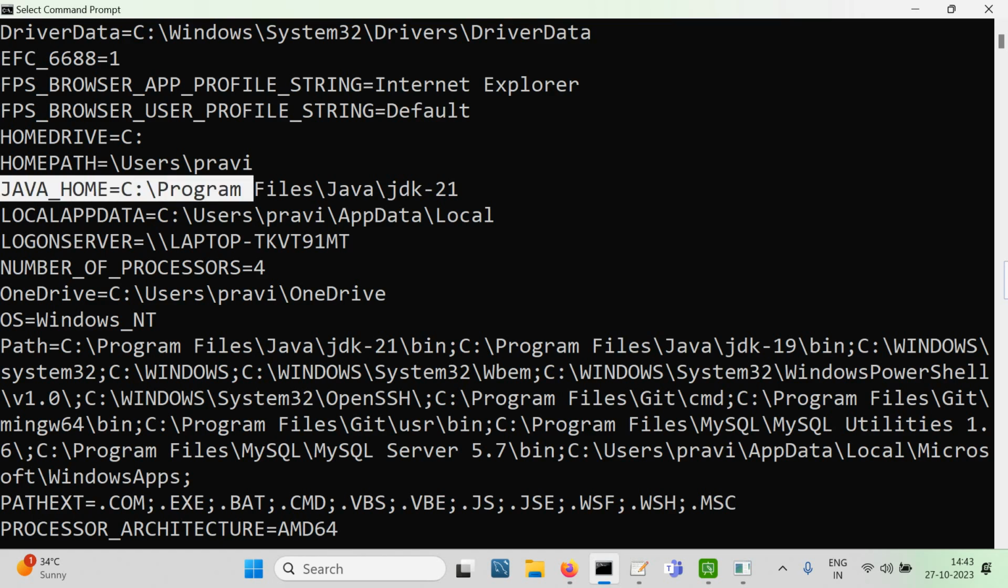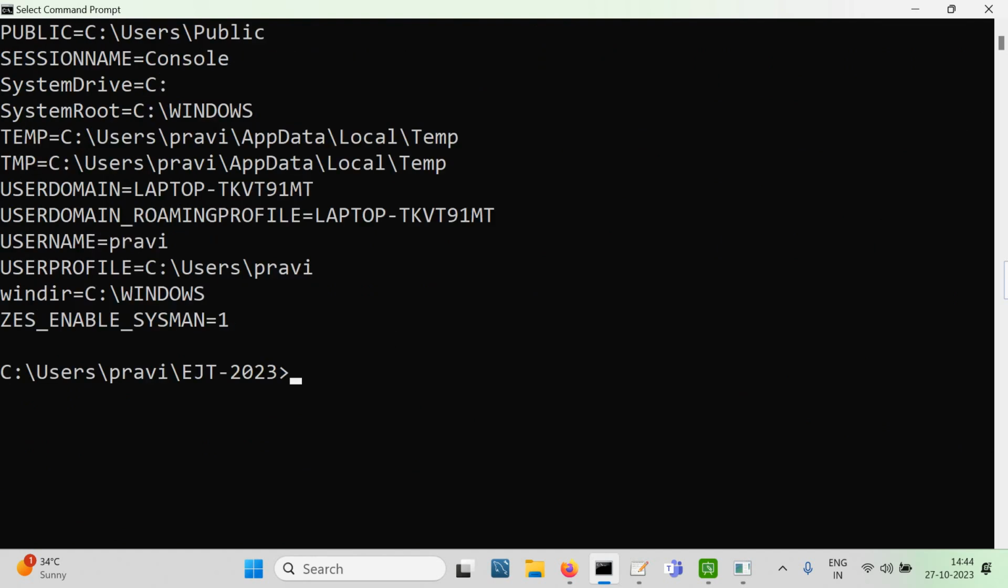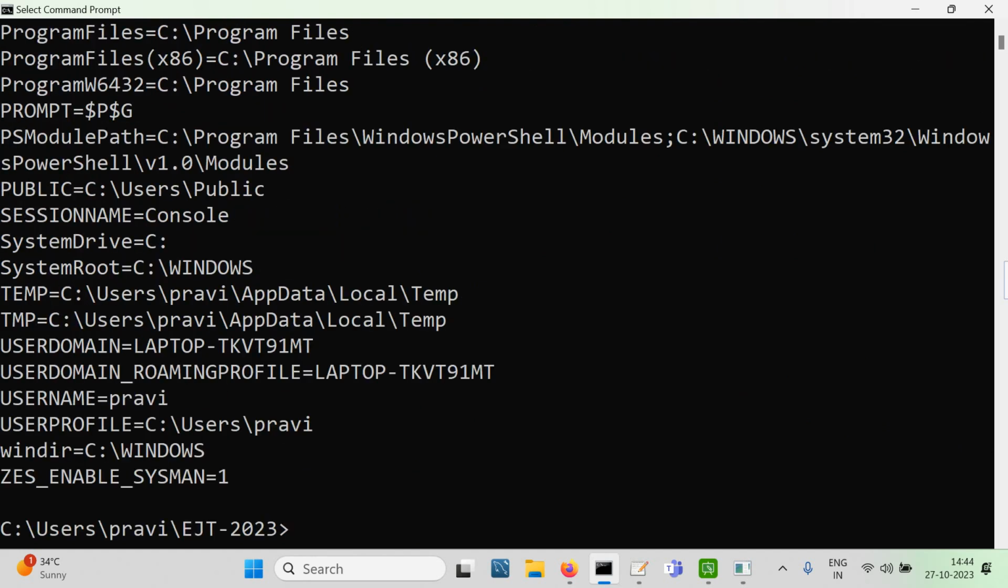So wherever you have installed, whatever version of JDK you have installed, just point to that. So you have this variable. That's one of the requirements. JAVA_HOME is the variable which you should be creating. So set this up. Fine. Once this variable has been set up,